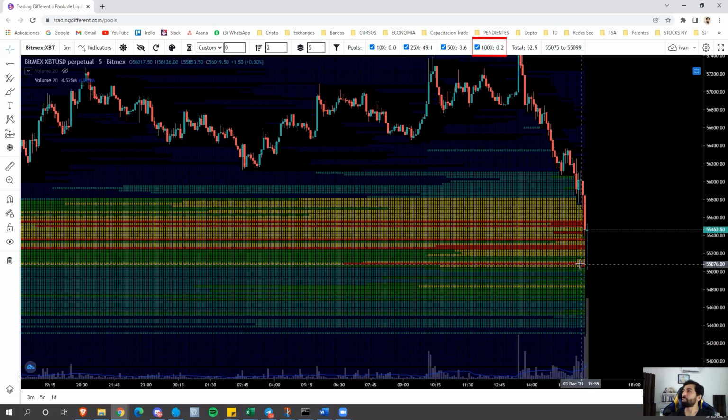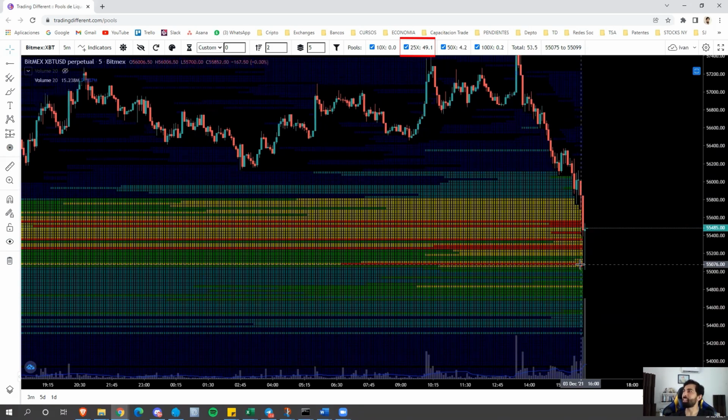Leverage at 100x only 0.2, at 50x 3.6 million, at 25x 49.1 million. That is to say, the pools dominating in that pool line are mainly the 25x ones and 10x. There's no liquidity